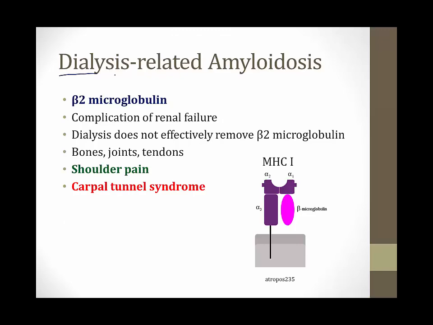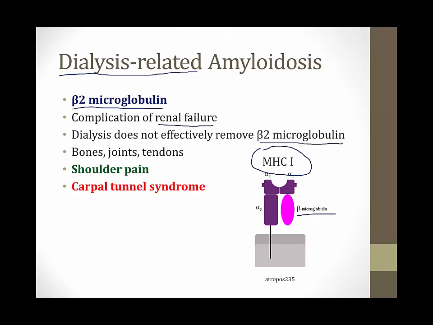Now let's talk about dialysis-related amyloidosis. This is obviously a condition that occurs in patients on dialysis who have end-stage renal disease. The protein that forms amyloid in this disorder is beta-2 microglobulin, and recall that beta-2 microglobulin is a component of MHC class 1. This is a complication of renal failure that occurs because dialysis does not effectively remove beta-2 microglobulin